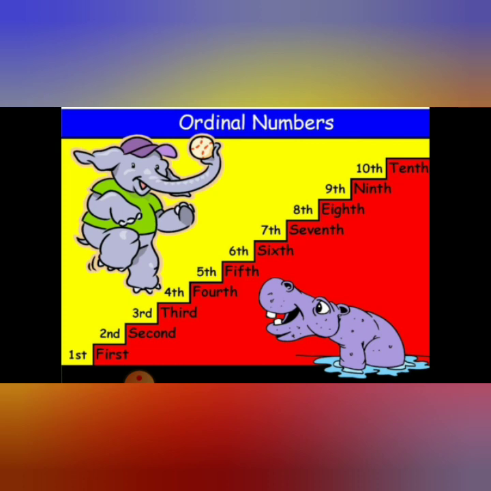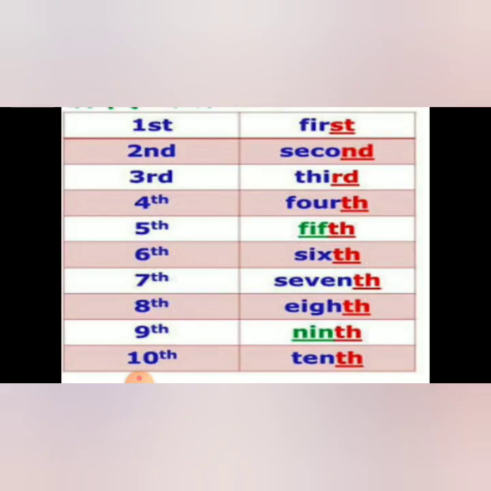Then sixth, then seventh, eighth, ninth. In ninth, we will not write E. NINETH is wrong. We will write NINTH. It becomes ninth. And the last is 10th. Can you look at it? ST, we read it as first, which we have done in the last slide.